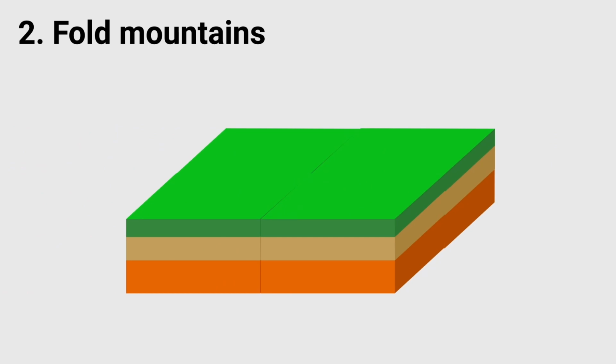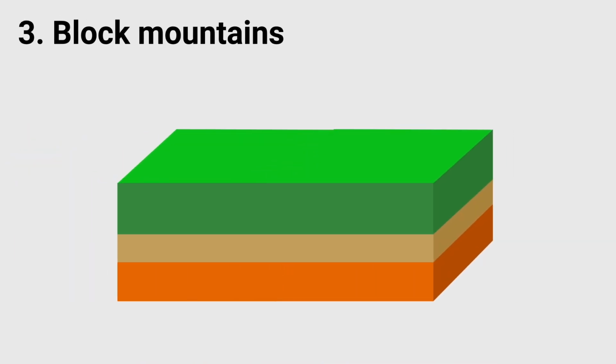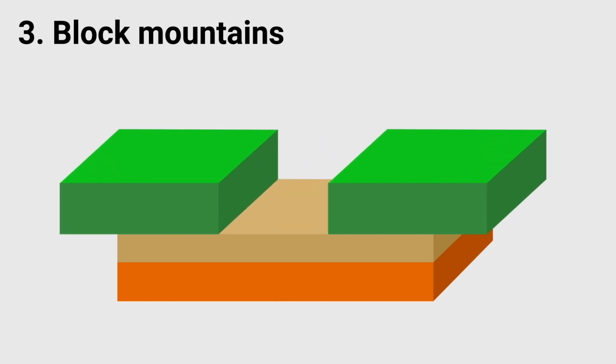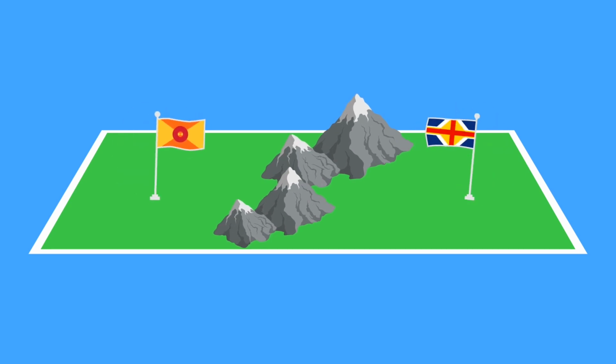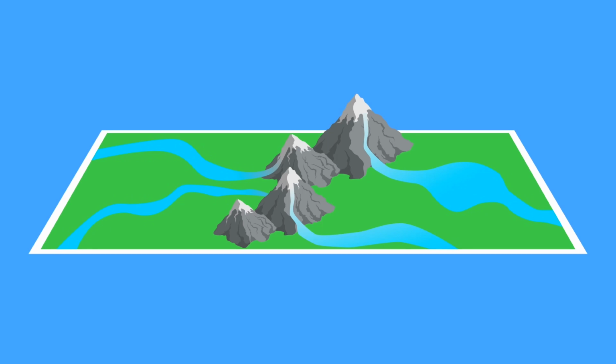The second type of mountain, known as fold mountains, are the most common type, and they are formed when two plates collide. The third type of mountain, known as block mountains, are formed when the plates move away from each other. When the plates move away from each other, it leaves a big gap in the ground, and the surrounding land becomes mountains that look over the gap below. Some mountain ranges serve as borders between countries, and over half of the world's fresh water runs through the mountains.